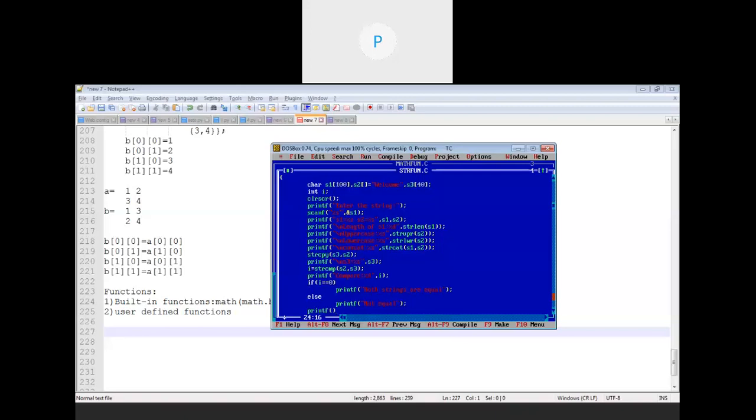And the last function from the string functions is reverse. Just like we have seen how to print the reverse of an entered number, for printing the reverse of an entered string, they have already given the function that is strrev. That is reverse.